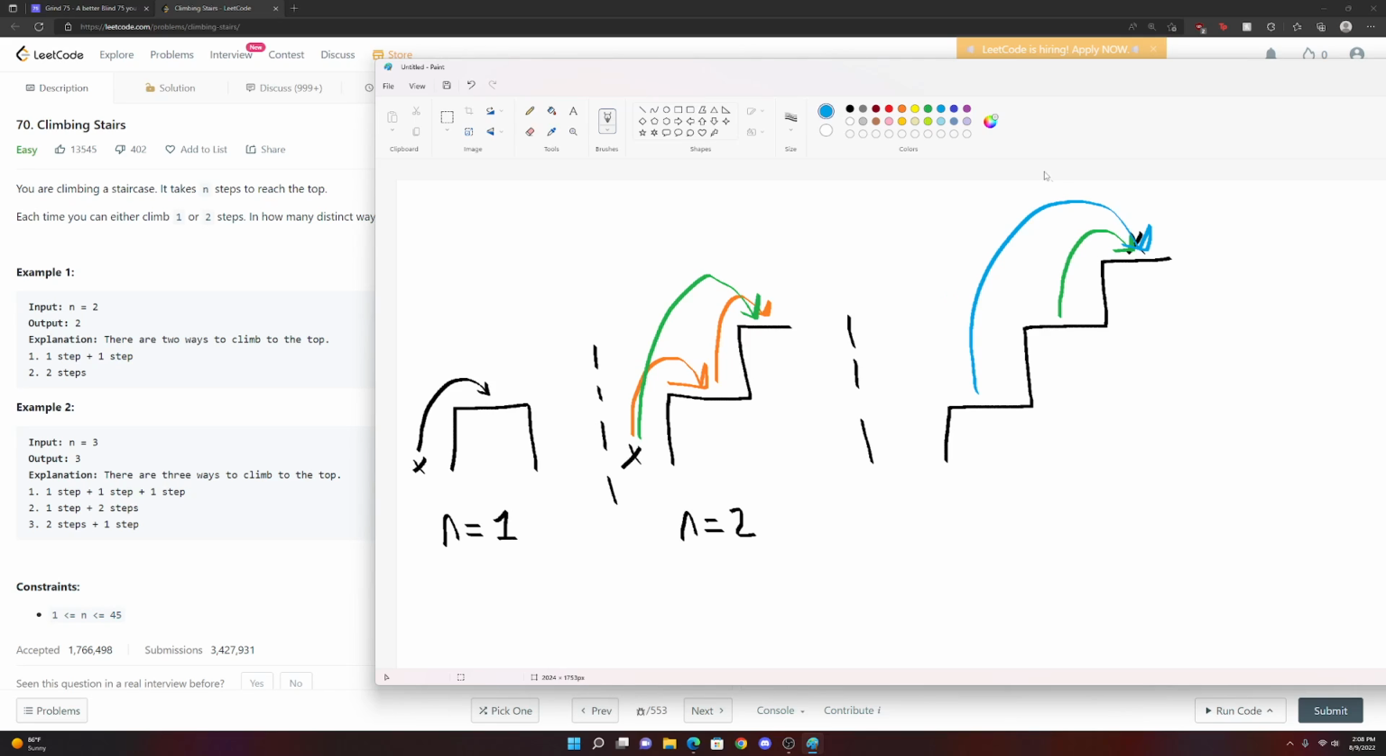I can take a two-stepper from here, or I can just do a 1 and a 1, right? So let's think about this then. Given those restrictions, isn't it true that we can split this up into subproblems? Like if these are the paths I can take to get up here, wouldn't the total amount of ways to